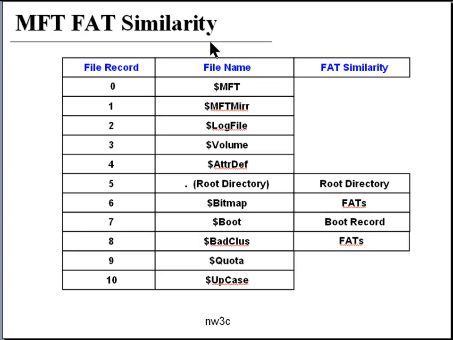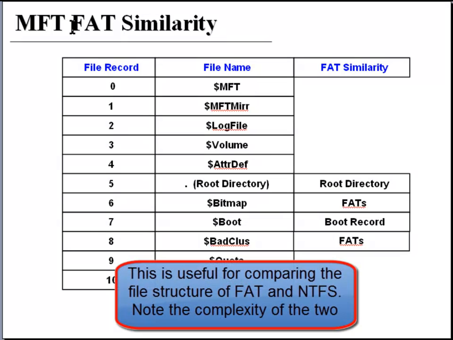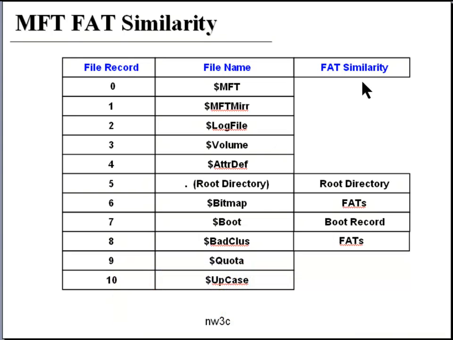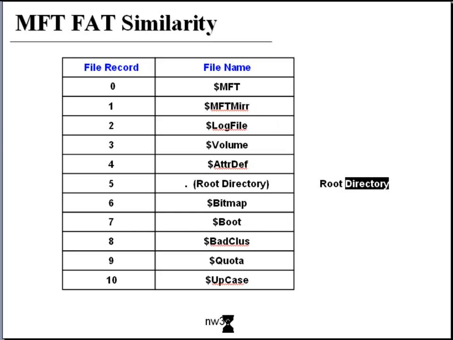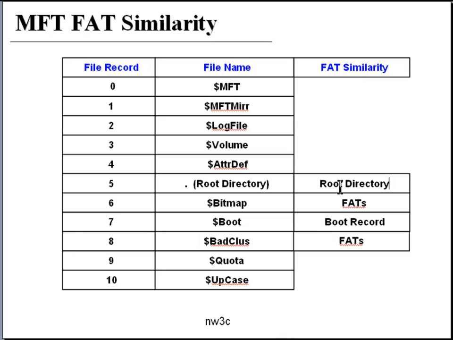And this is kind of a nice piece of information that shows the similarity between the parts of the FAT and the system files under NTFS. To me, this isn't exactly correct, because this says this is from the National White Collar Crime Center. The root directory here is actually more akin to the master file table up here, because this holds the metadata